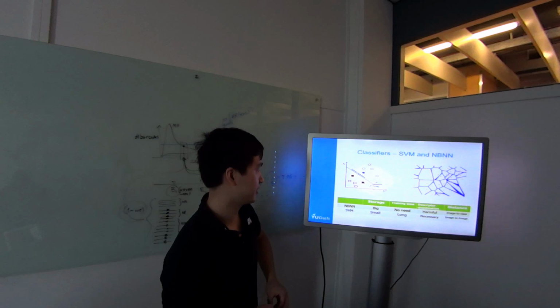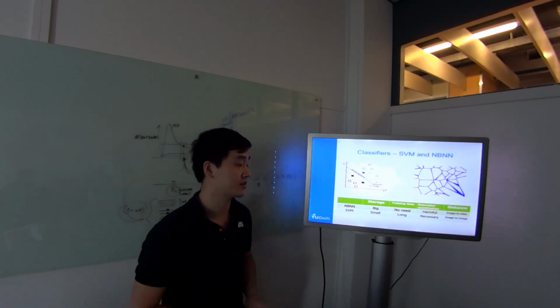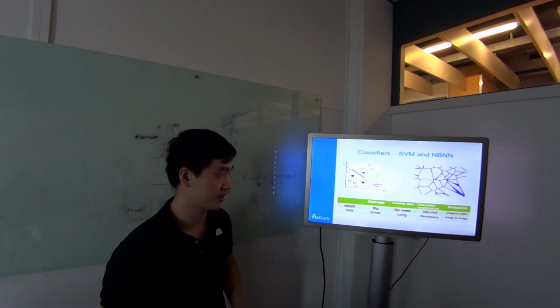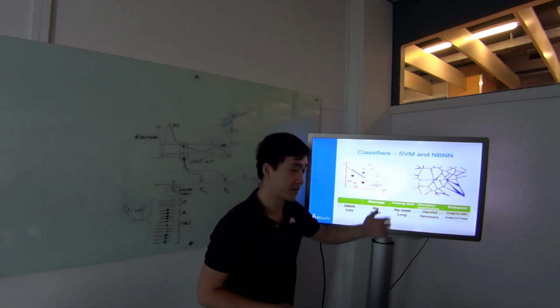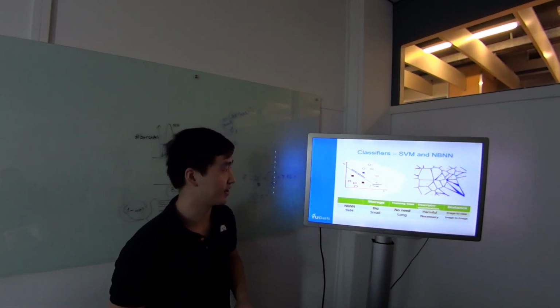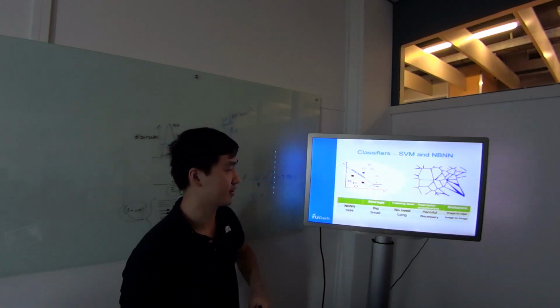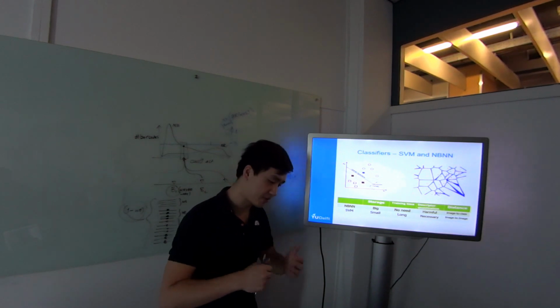And I think I focus more and spend more time on this part. It's classifiers. Basically, the support vector machine is very popular currently, but I try to explain why a naive Bayes nearest neighbor is also working fine. So these are two different classifiers. The first one is the support vector machine. It tries to find the optimal hyperplane